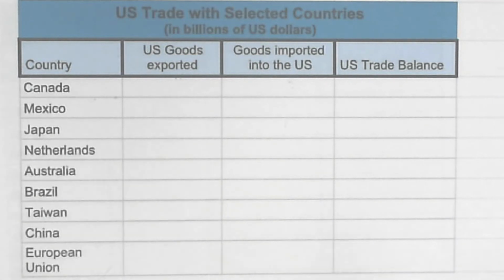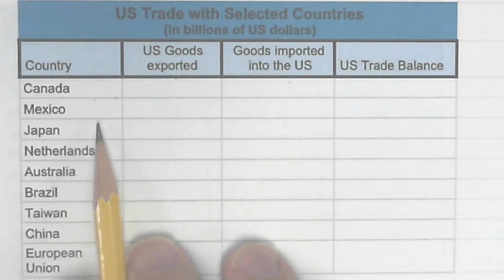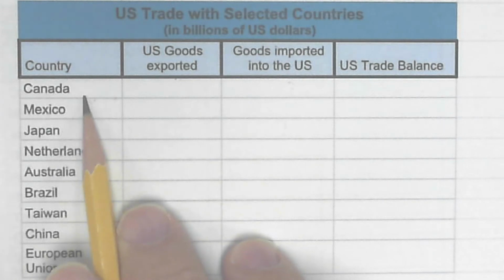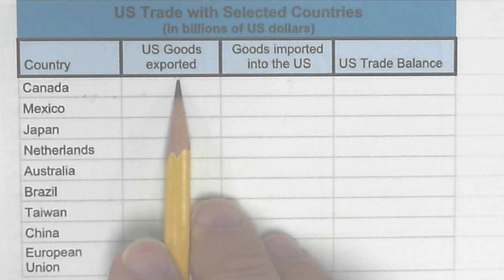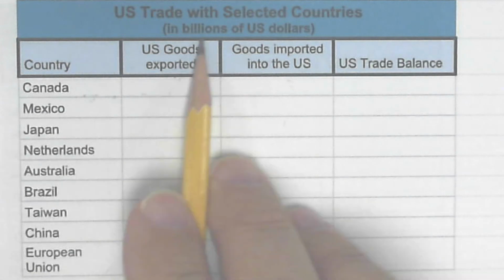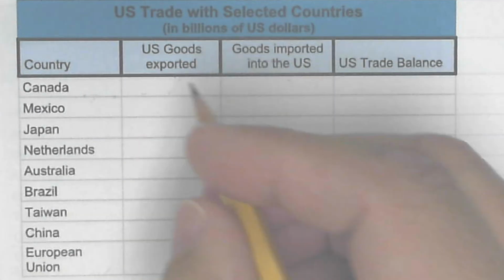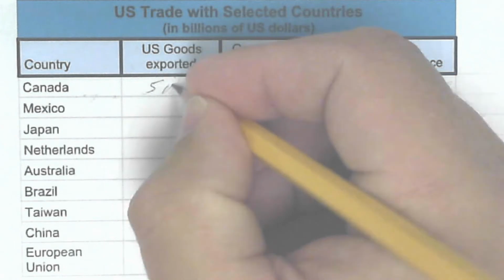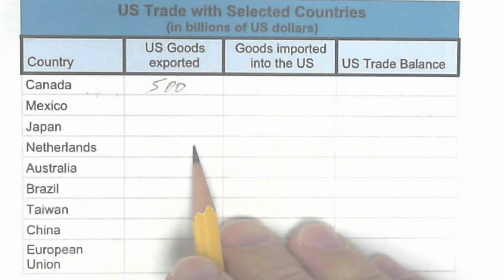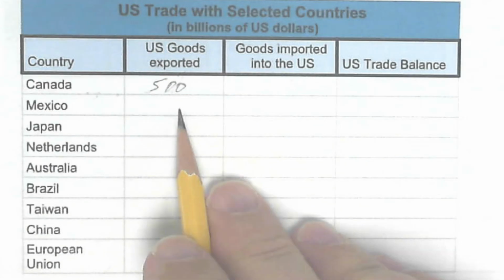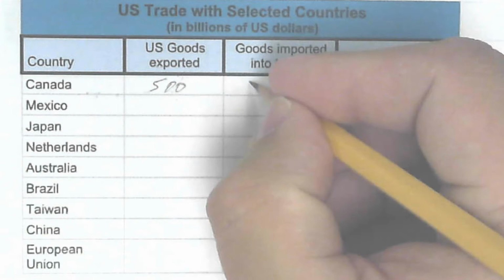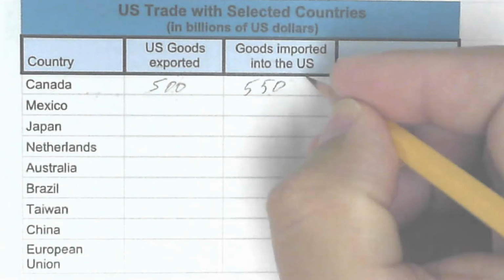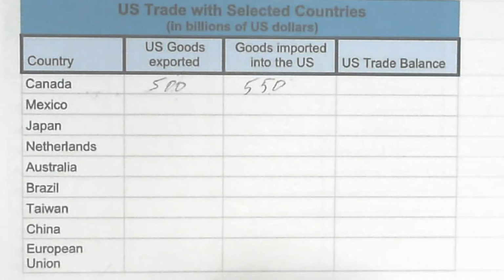So this is just for an example. I'm making up the numbers. Hypothetically, the U.S. exports, these are in billions. So if the U.S. exports $500 billion worth of goods to Canada, and then we import $550 billion worth of goods,